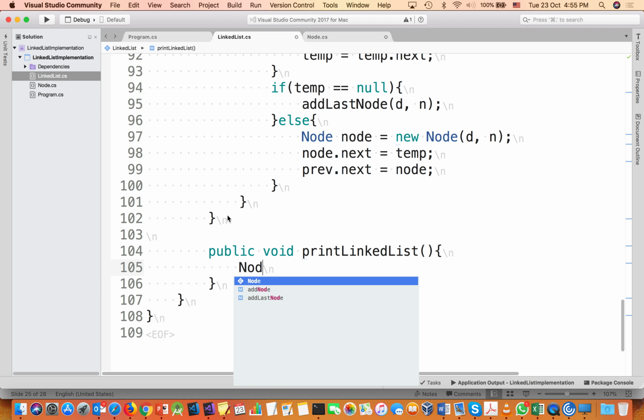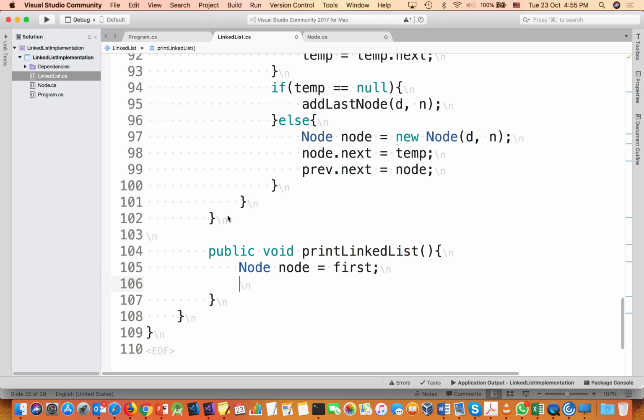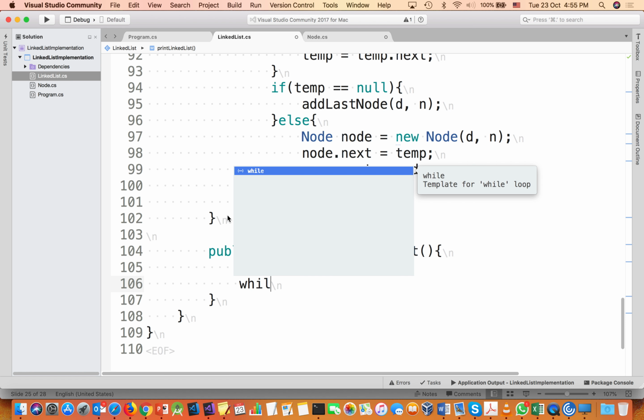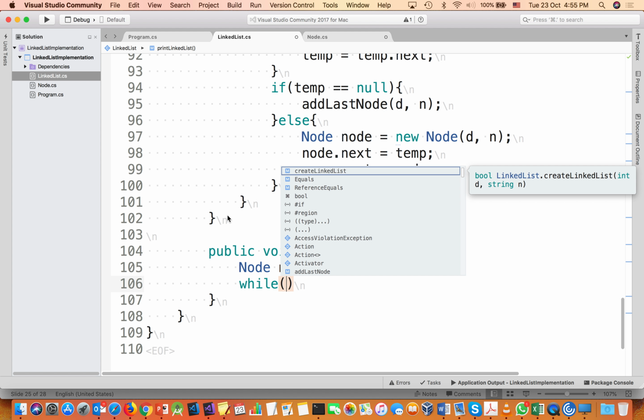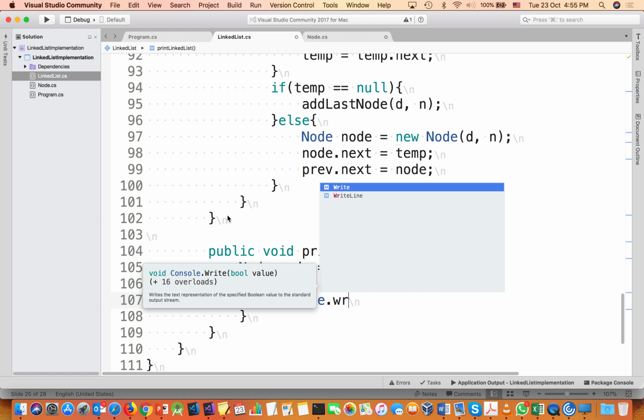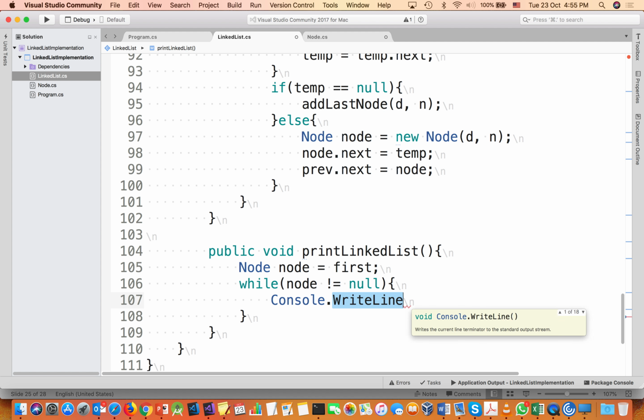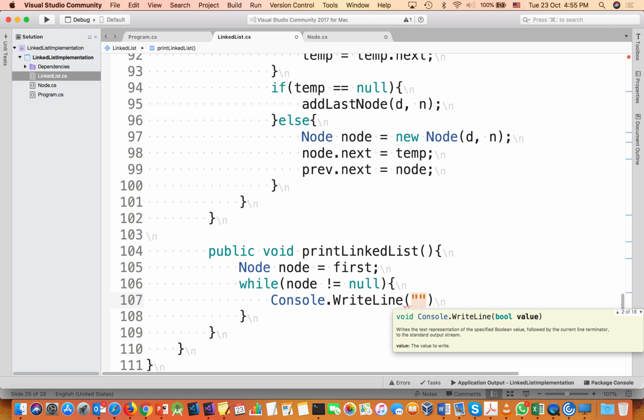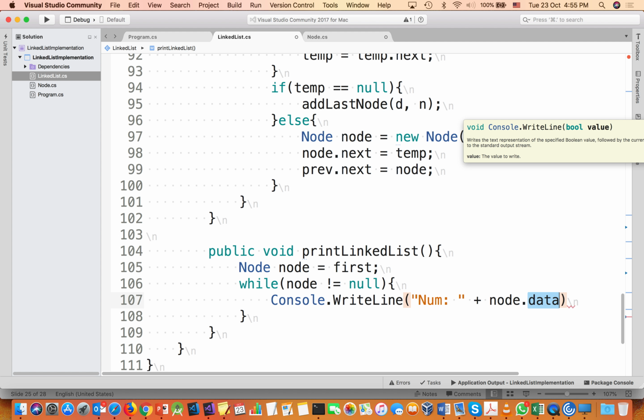And then we say that node is equal to first, and then while that particular node is not equal to null, what it will do, it will Console.WriteLine node.data,